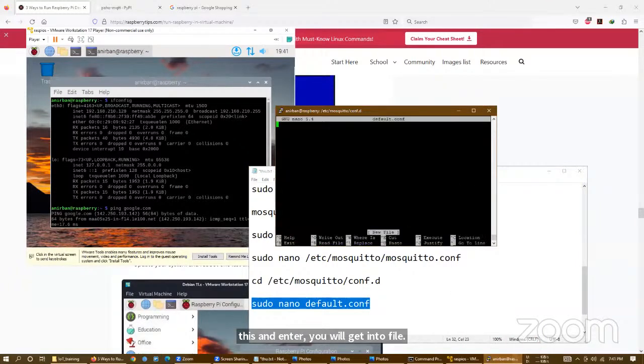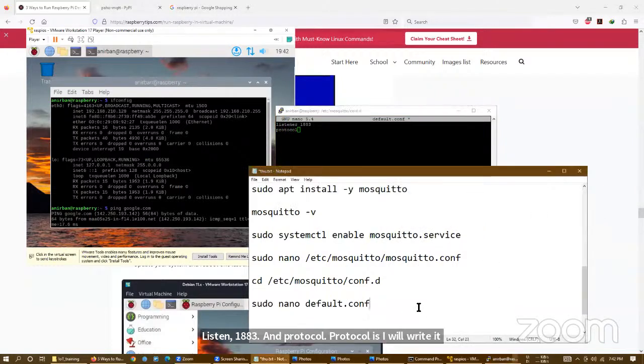In the file, you have to write listener. Listener will be 1883. This is the port we want our Mosquitto to listen to, and allow. Listen 1883, and protocol is, I will write it here first. So inside this file, you have to write